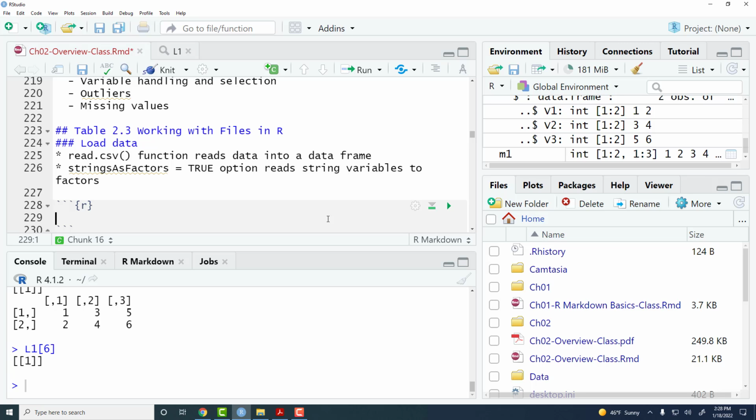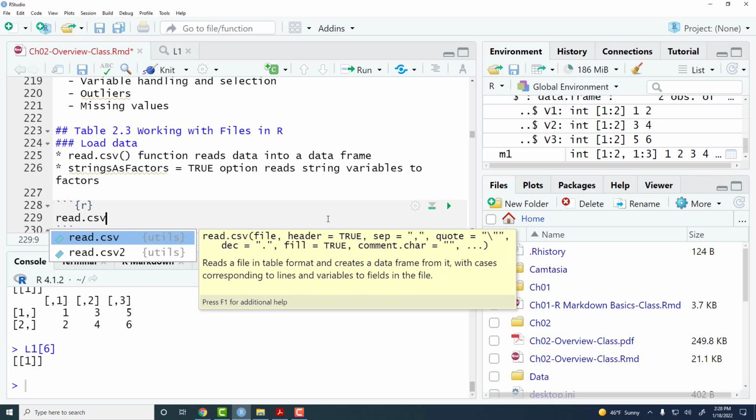Okay, and we're going to use read.csv. Now when you type the code, you'll see there will be a message here that will tell you